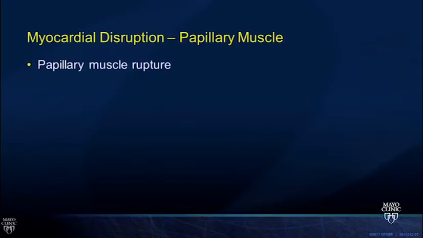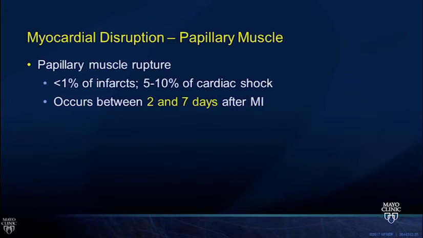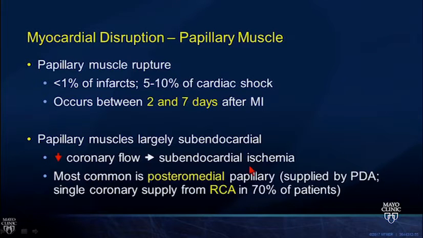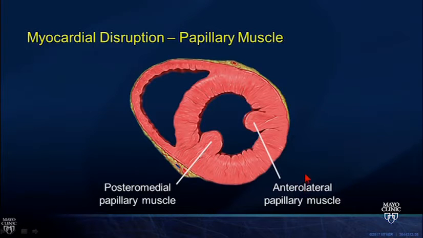We know the papillary muscles are prone to rupture because they are a subendocardial structure. Despite that, this is still pretty rare. It occurs in less than 1% of infarcts. It's in that magic window of when the neutrophils are going into the myocardium. And because of the decreased coronary flow, we get decreased blood flow to the papillary muscle ruptures, and it's preferentially affecting one of the papillary muscles. I find diagrams sometimes to be a little bit easier to explain concepts, and for this one, I think it works fairly well.